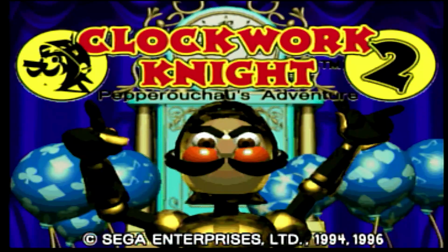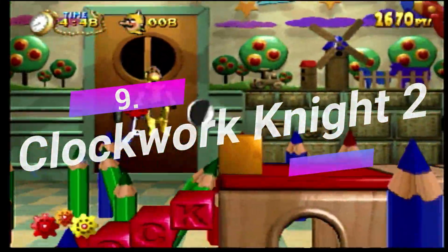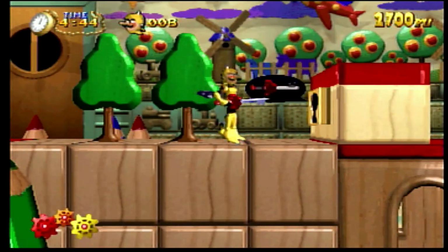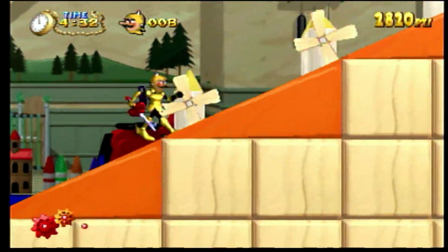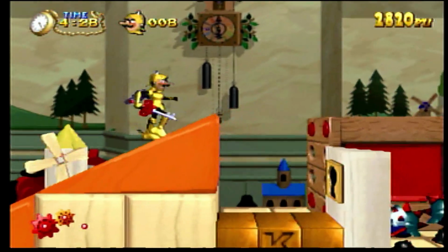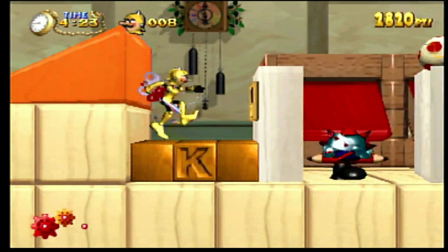Number 9, Clockwork Knight 2. Now, this is a little bit different from Bug. This is a 3D character model in a 2.5D space, which means most of the time he's running around on a 2D plane, but sometimes they can shift perspectives. Now, the creativity here is everything. The first Clockwork Knight game was just a little bit too short, and they managed to lengthen it out